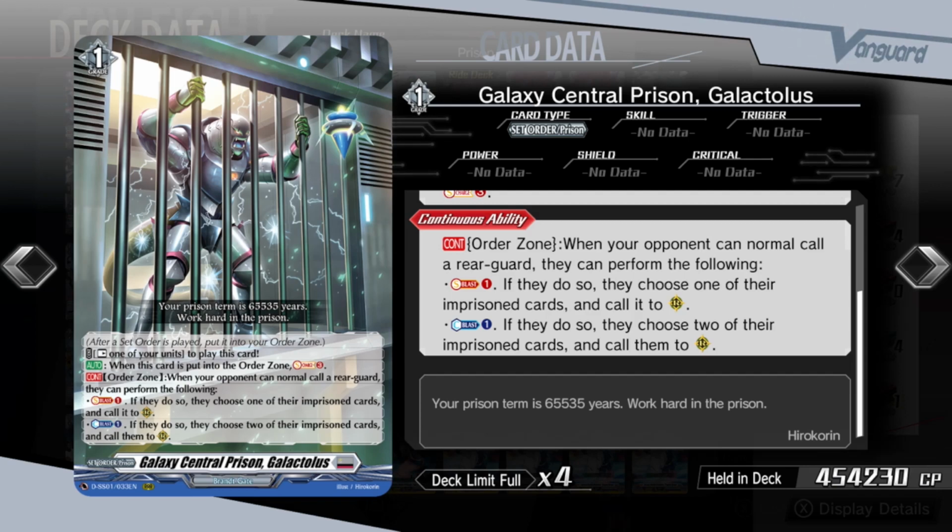So if your opponent is smart, they'll use that to try to minimize the number of cards imprisoned in your prison at any time in order to keep Seraph Purelight from being at full strength. But yeah, this is the absolute key card of the deck that you must have in order for the deck to function. One thing to remember with this card, if you do go second, you do want to make sure that you have a grade 1 or lower in your hand that you don't mind calling to a rear guard,